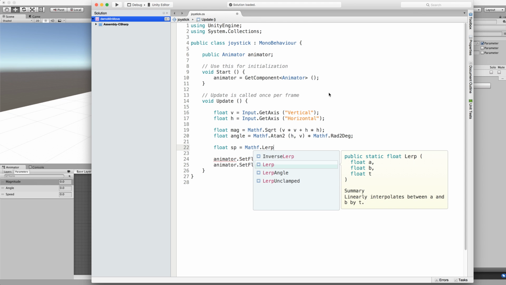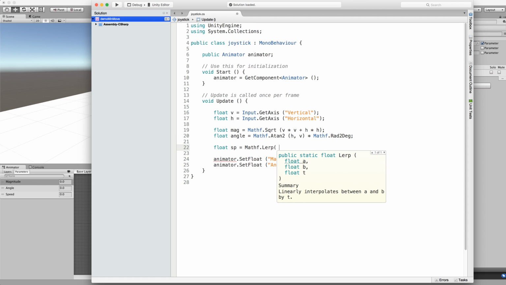And that's linear interpolation, and you can see here it interpolates between A and B by t, right? And t is just the value that we're going to use to interpolate. As this value goes from 0 to 1, it's going to be multiplied by these values, right? So if this is 1 and this is 10, as this goes from 0 to 1, what this function will return is a transition from 0 to 10, right? Or starting and ending values of whatever you want. So what we're going to do is say,